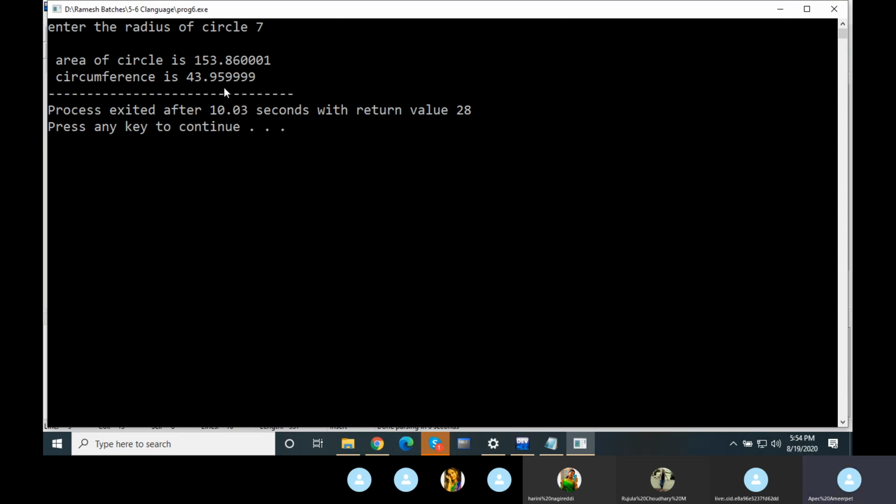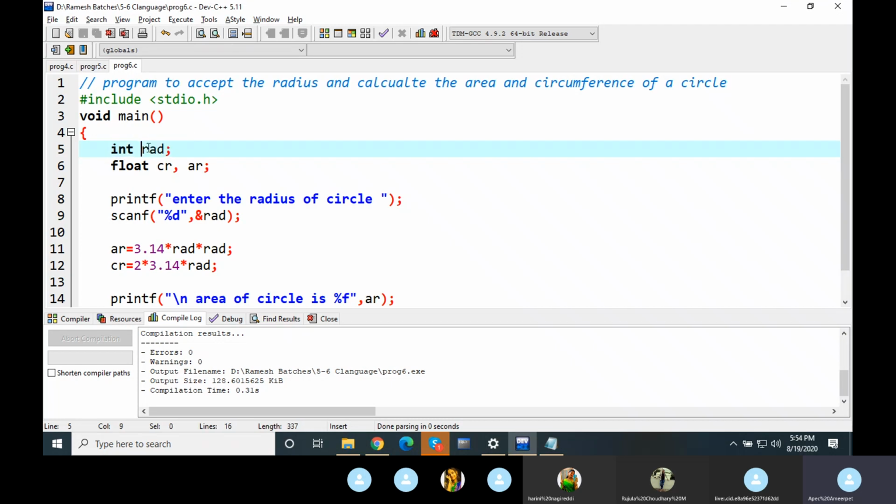In case you want the value to be allowed with the decimal point, then use the variable as a float variable and use %f in place of %d. Am I clear up to this? Okay, let me take this variable as float.